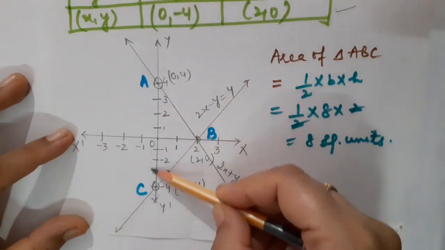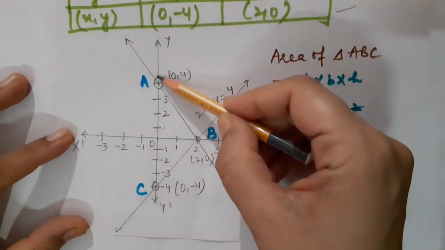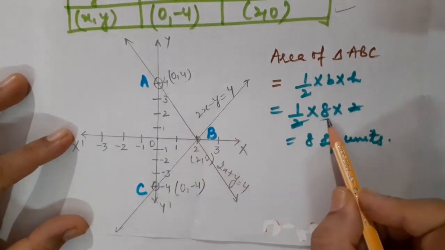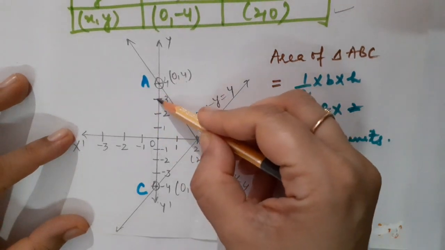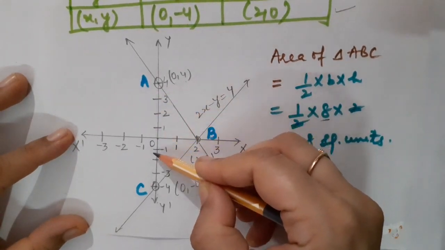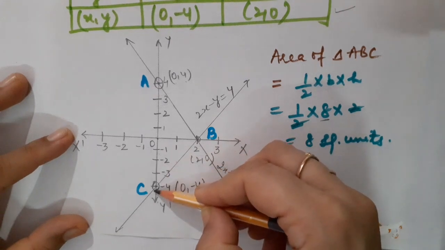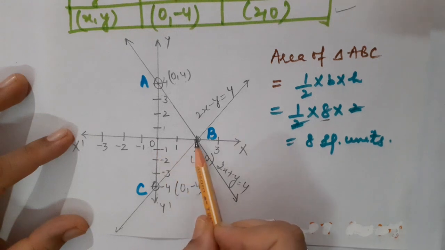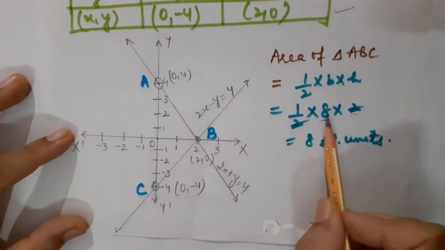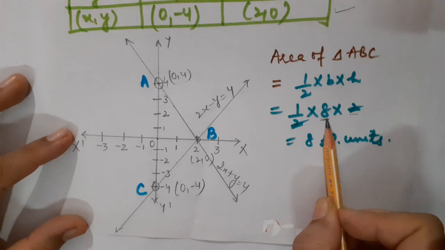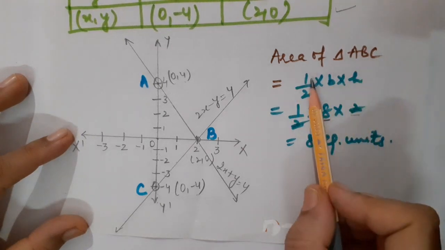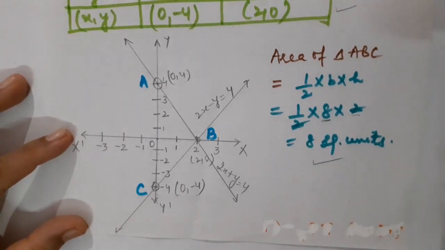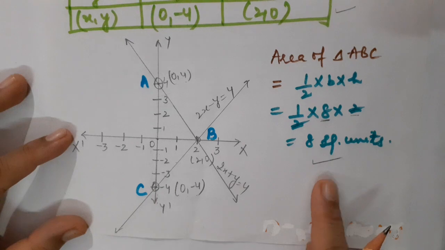So children, this is base, AC is base. You just calculate how much is the distance between A and C point. That is 8 unit. You can see this is 1, 2, 3, 4, 5, 6, 7 and of course 8. Correct? When I am talking about the altitude, so I got here 1, 2. So altitude will be 2 units and base will be 8 units. And the formula of area of triangle is half into base into height. So children, you may have also calculated the same answer, that is 8 square unit. Correct?